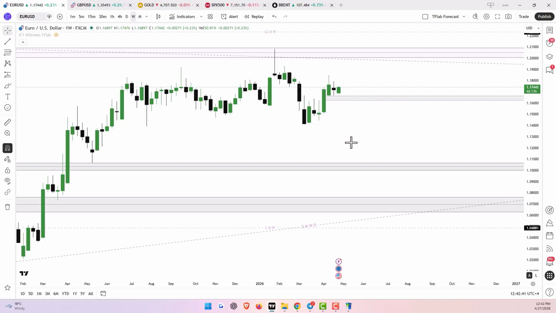I'm here with the daily analysis of the Euro-USD currency pair on April 27th. Last week, we saw this pair's price, after a 1% fluctuation, finally close with a doji candle at the 1.1717 range. Starting this week, the price began